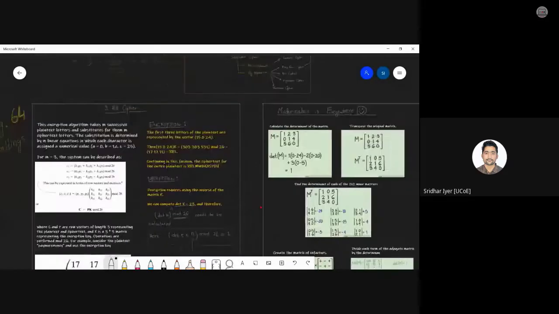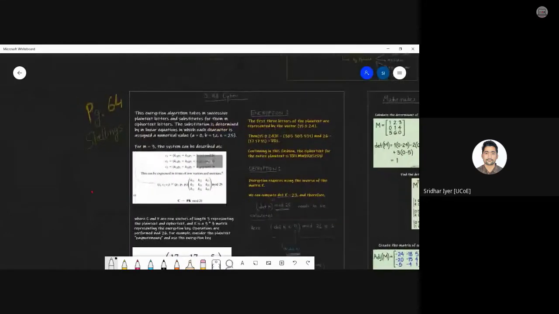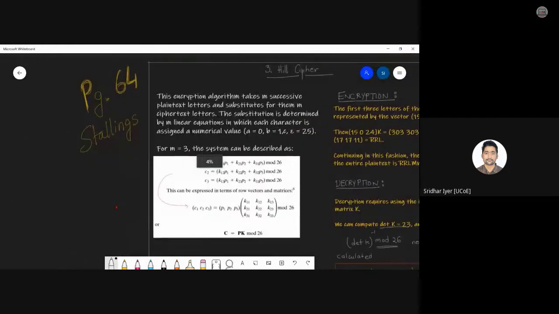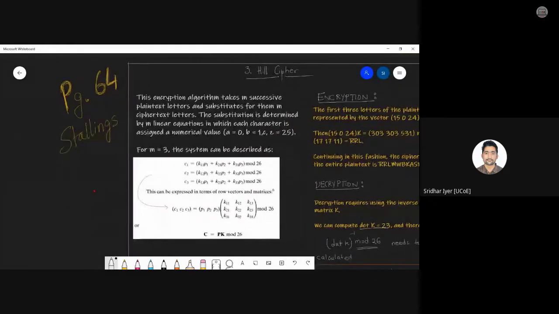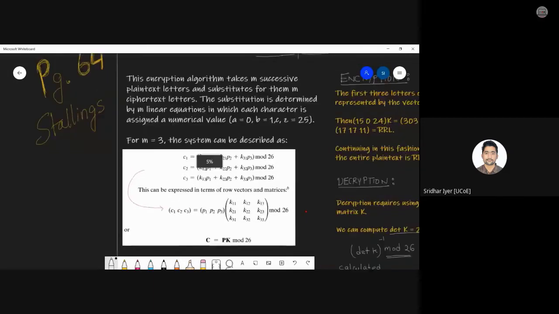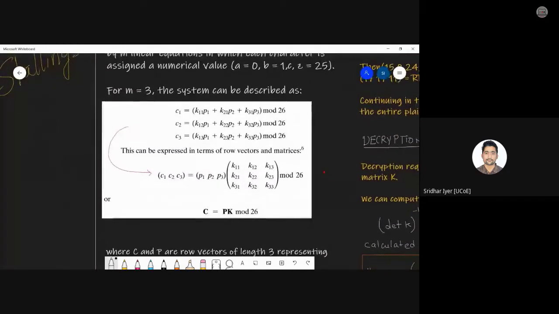We studied what is Hill cipher. First of all, we learned that the Hill cipher is a little different than whatever ciphers we had done so far. It is a polyalphabetic cipher, obviously, because it has multiple characters which are getting replaced again and again. So as you can see, this is the basic summary of that Hill cipher.